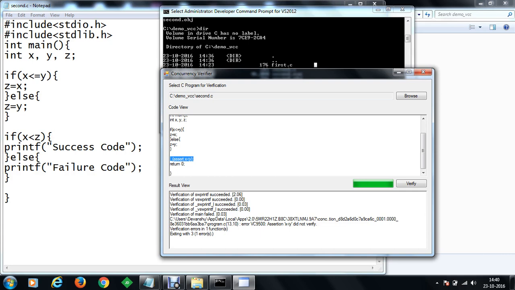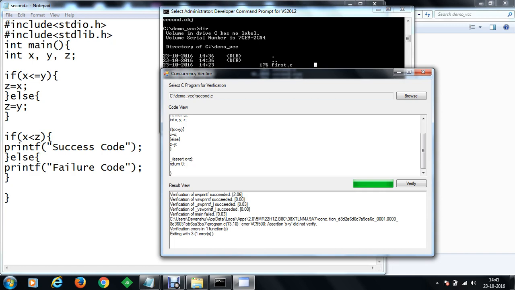This means we have identified that this condition won't last long. Since this condition won't last long, we have to cross-check the variables here. So what we can do is turn it into something like this: it may be possible that x equals y, or x will not equal y.